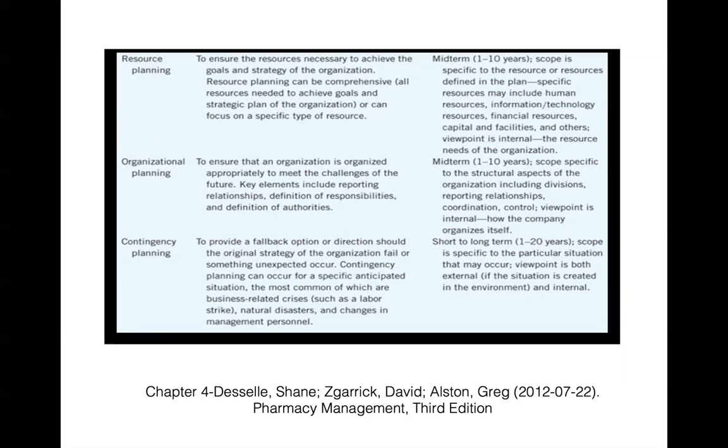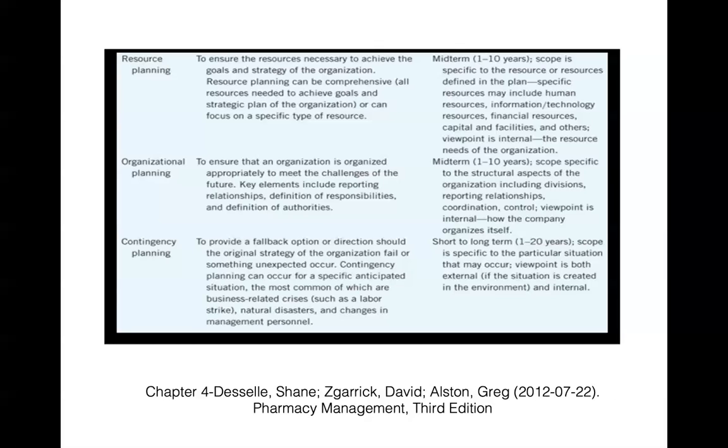One of the other things, I've been part of a small independent wholesaler over the years. And before they even bought or built their new warehouse, they were resource planning of what land they would need to buy for this. There is organizational planning to ensure the organization is organized appropriately. And so this might be restructuring what the board of directors looks like, or what the management system looks like within the company. And there's contingency plans,